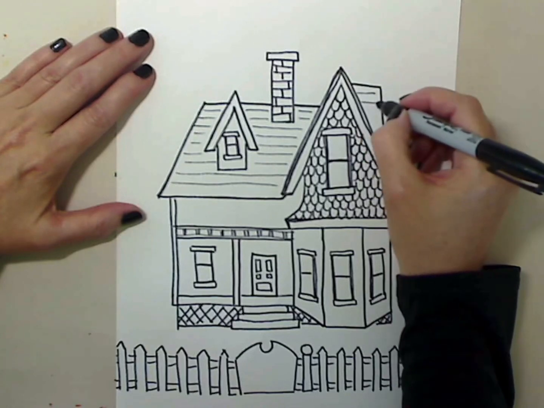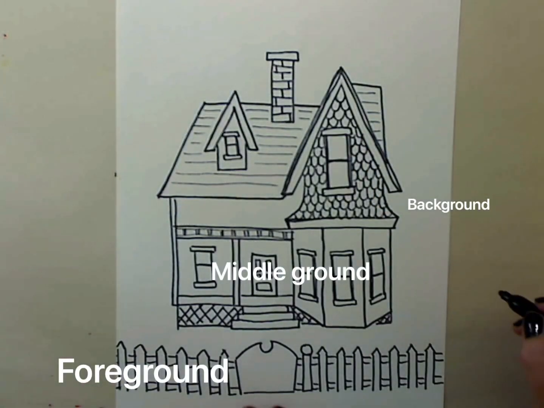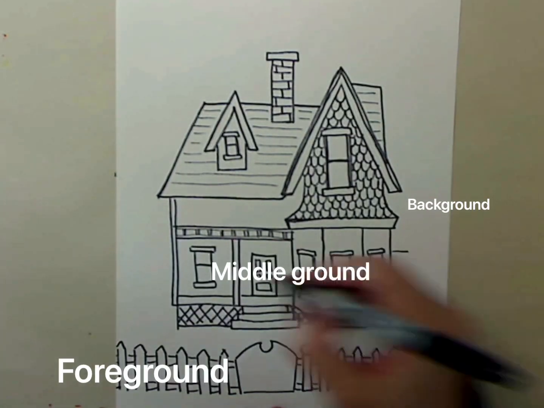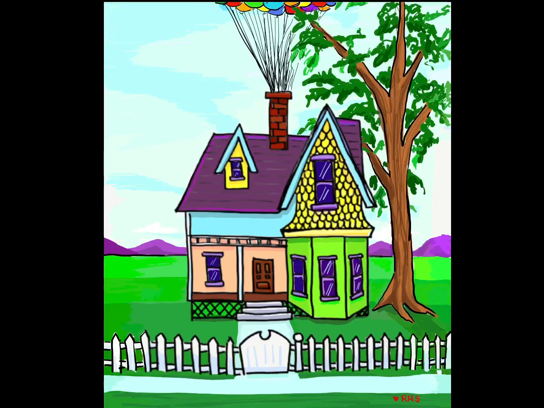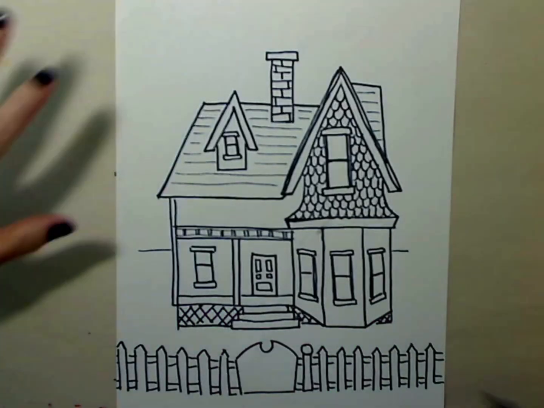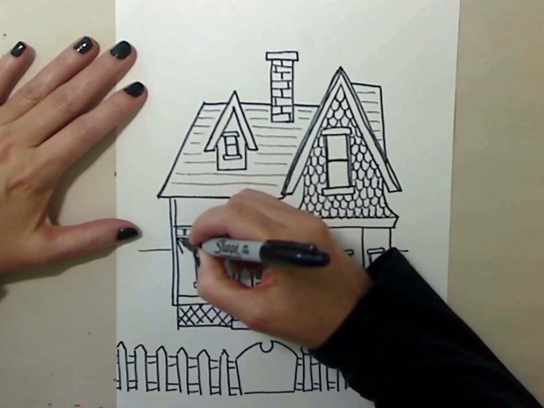On both sides. So we have a gate or fence in the foreground, the house is in the middle ground, and now we need a grass line in the background. So we could add trees, add mountains in the background, color it, make it the up house, or you can not color it and continue. So for the season, we might want to make a little bit of spider webs and